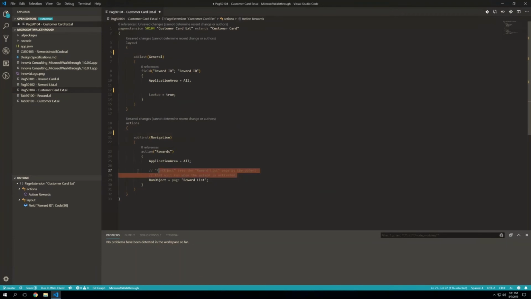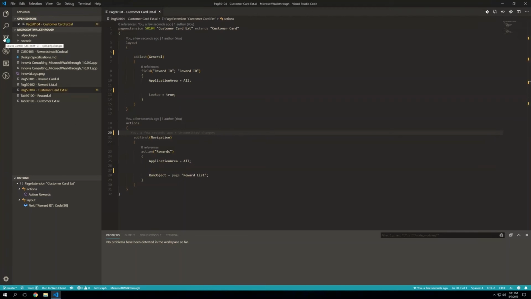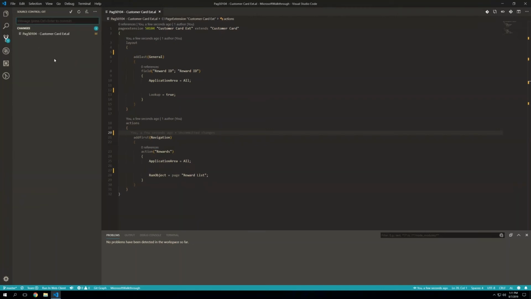And one last one. Control S to save real quick. And now on the left side of the screen, you'll notice under my source control menu, there's a little 1 indicating 1 pending change. Clicking on that menu, now I can see the entire list of changes that I have thus far. For this example, only changed 1 file, and you'll see the little M next to that file indicating